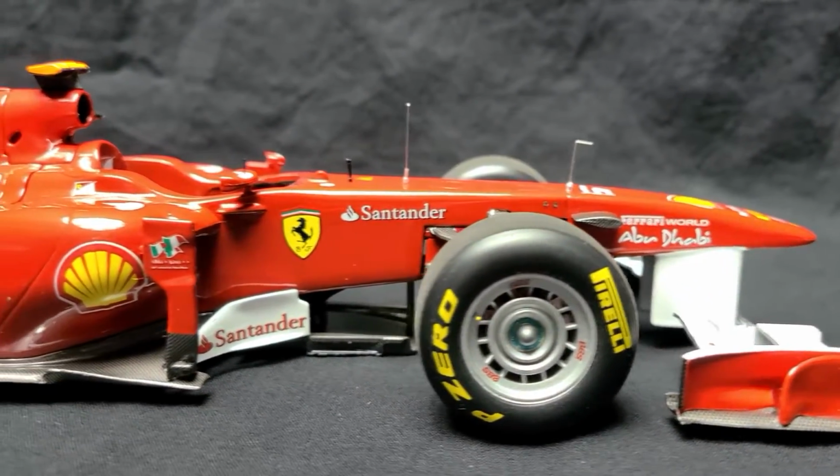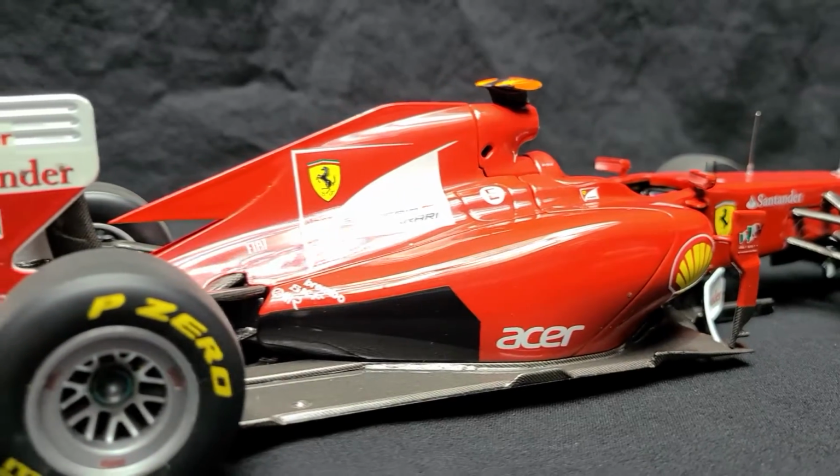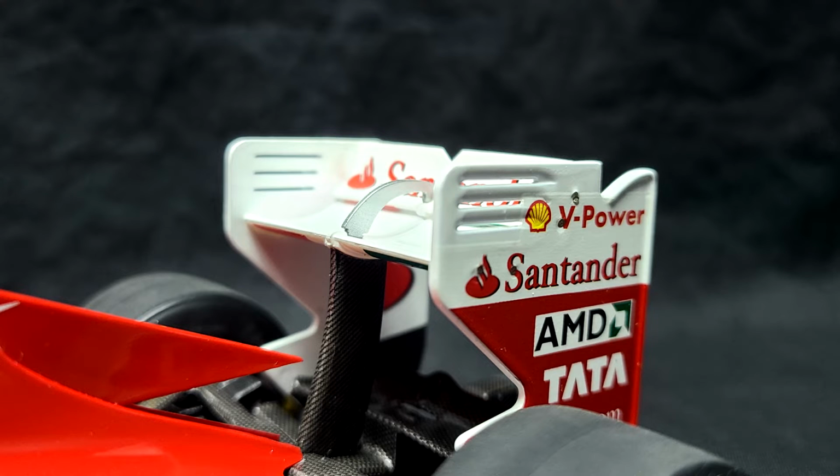very good. It's very shiny and very smooth. I love the front wing slot gaps and the metal slot gap separators, though I wish the front wing was more accurate to the real car. The rear wing also has open slots, and I think the rear bodywork opening was